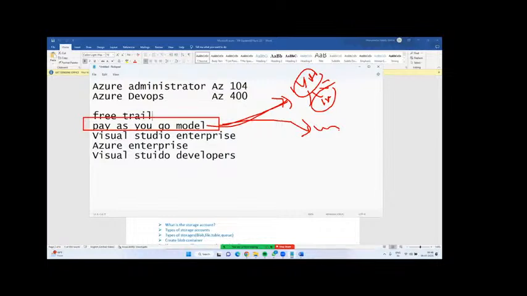So the budget will be stopped, and we are away from that project. We are just saving, we just consumed it. The project is over, we have destroyed the services. That is how organizations will use these subscriptions. If you need a 3-year, 5-year, or 10-year subscription, they will go for Azure Enterprise. That all depends on business requirements.